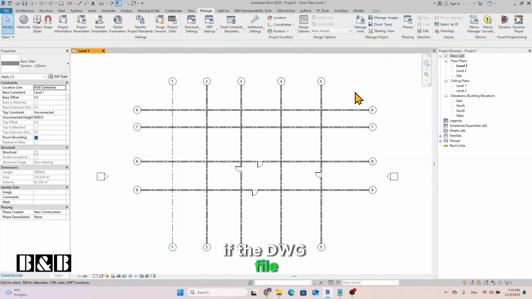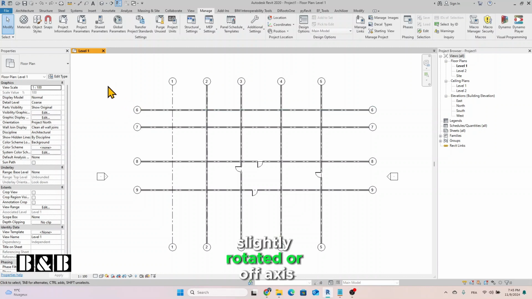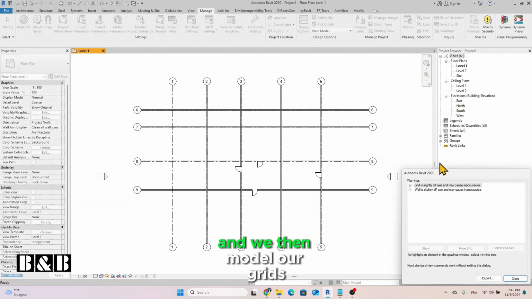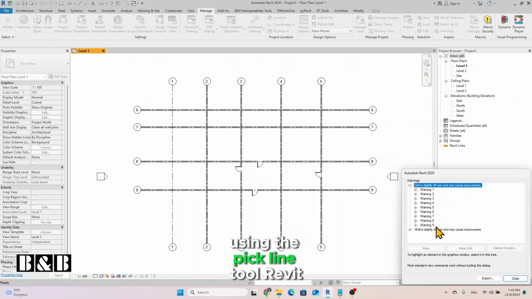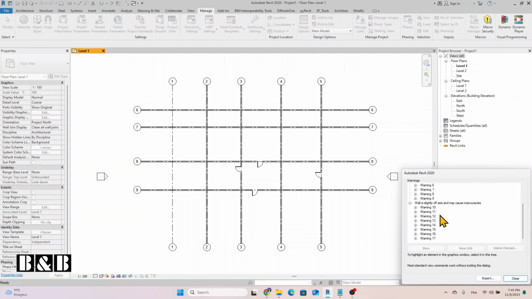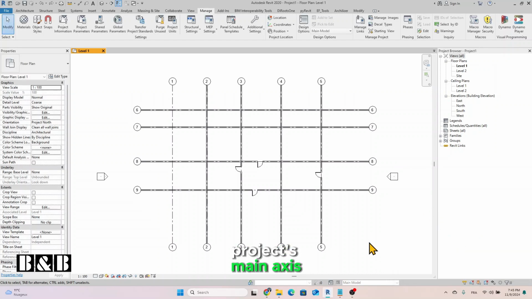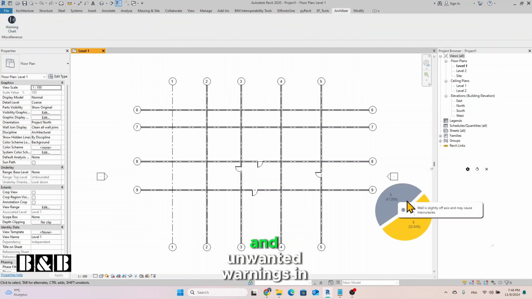If the DWG contains lines that are slightly rotated or off-axis, and we then model our grids and walls directly on top of them using the Pick Line tool, Revit can't align these elements properly with the project's main axis. This technique may seem convenient, but it's not ideal because it can lead to these off-axis issues and unwanted warnings